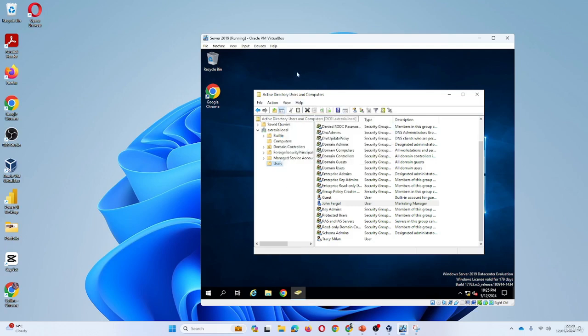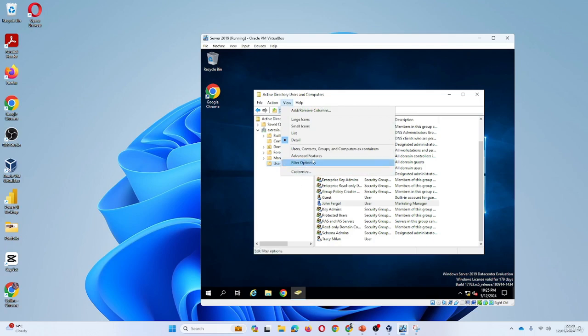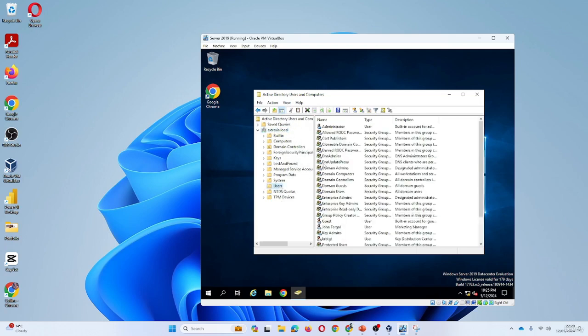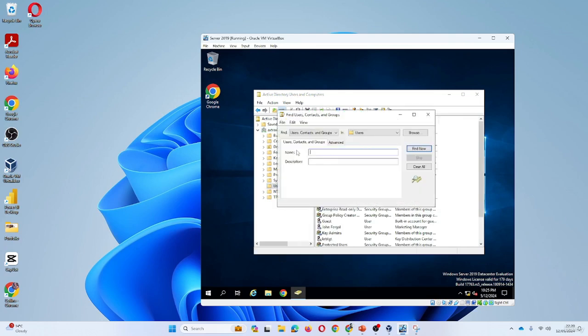We have this option where you can go to the View tab and go to Advanced Features. Those are high-level features and probably some of the features that as a sysadmin you'd be looking to explore. So when I go to Advanced Features, I see all these hidden folders, all these hidden groups that I never saw, and now they're showing up. Now, when I go to users and I go and find again, say now I'm finding at this level because I'm highly confident that it's there,